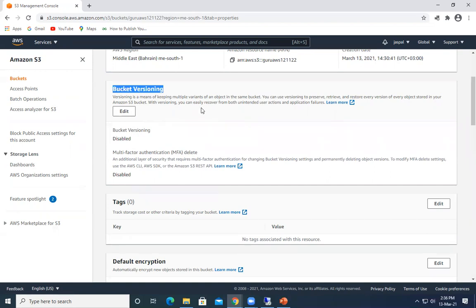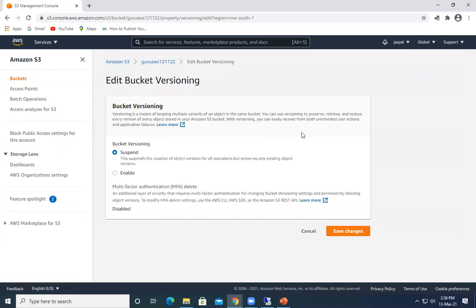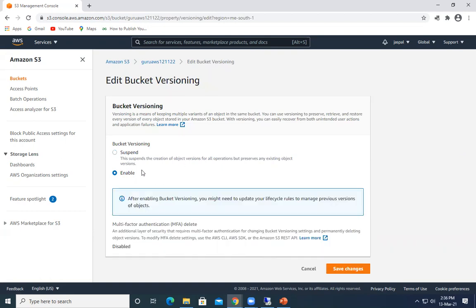Now, another important thing, before enabling the bucket versioning, whatever objects you have placed will have a null version ID. That is one of the most important things we need to remember: once you enable versioning, the previous objects will have a null version ID. Now let's click on this. So I will enable this one. We can suspend it anytime. And once you suspend it, it will overwrite the latest version object. So let's enable this one.